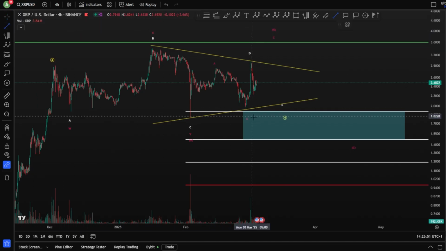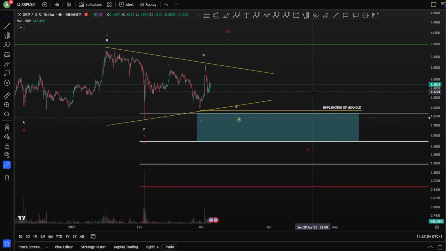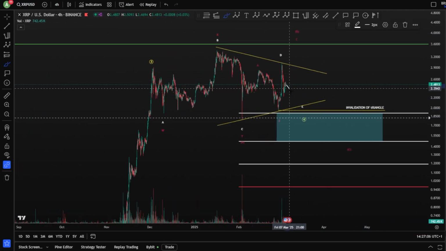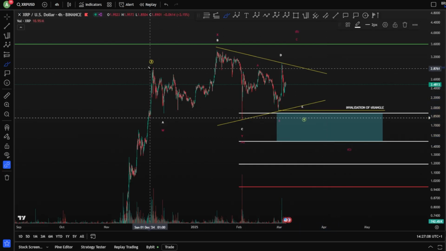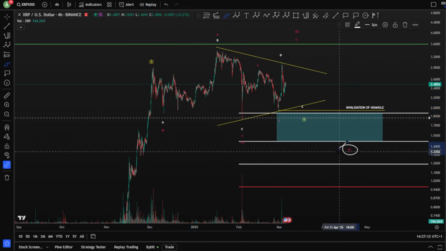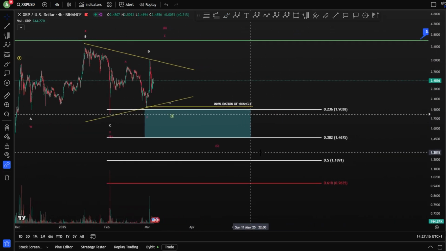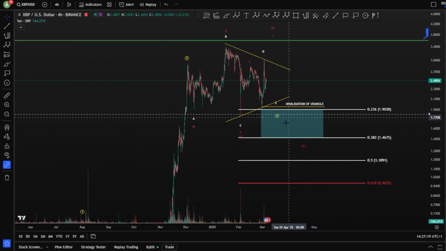And actually, once we take this low here, this is your invalidation of triangle, meaning the triangle scenario is out. Once it is out, you're taking, of course, the next scenario, which is the big A, B, and a C toward the downside. This one. So we're looking then, therefore, for lower, potentially the 0.38, and inside the blue box, definitely, and perfectly within